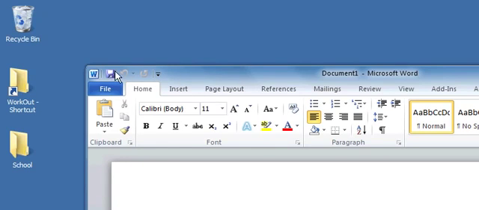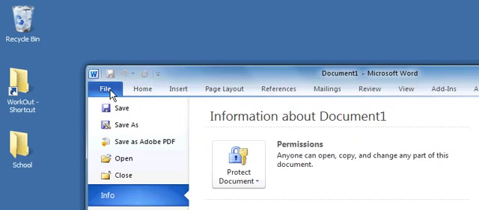Microsoft Word has a couple quick buttons up here. So we have this Save button, which is probably the most important one. Notice it's a floppy disk. You've probably never seen one, but that's how we used to save information on a computer, and that's still the icon for Save. But most of the file operations are in this File menu. So notice if we click on the File tab,